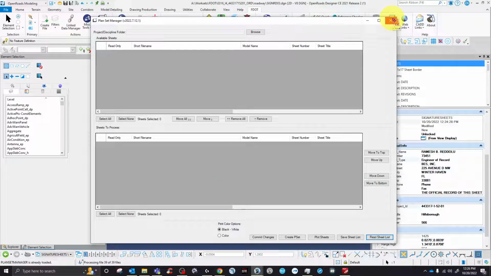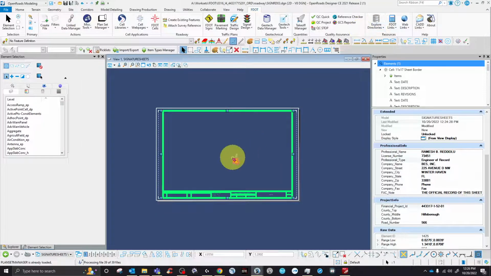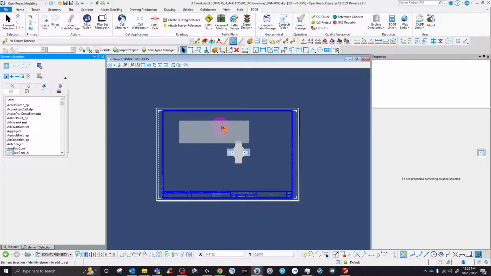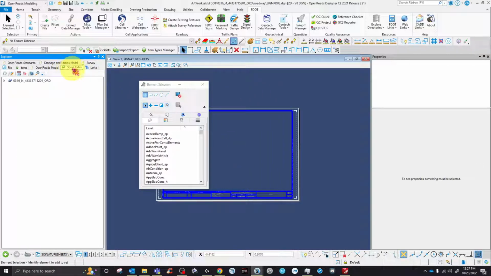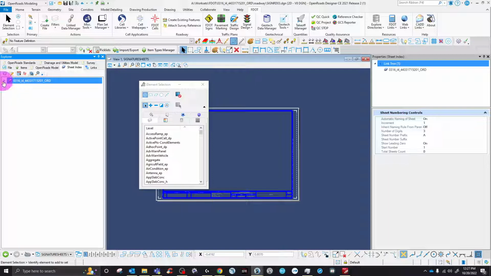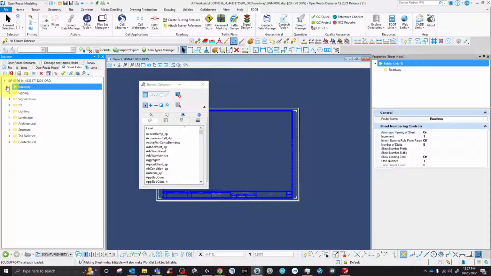Now let's show you Bentley's labeling. So Bentley's numbering, which is what I used to do, is sheet index. So in sheet index you have all the disciplines here, and you can add also disciplines, but before we can do anything you have to click on open sheet index for edit. You click on it. Then after that, you go to your folders. Like for example, this one, the roadway,